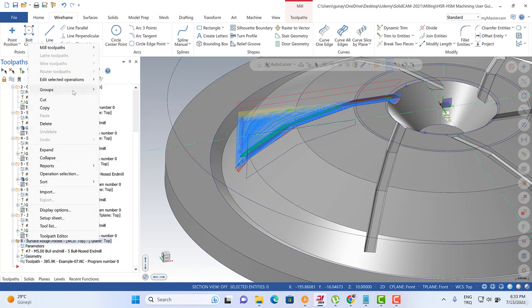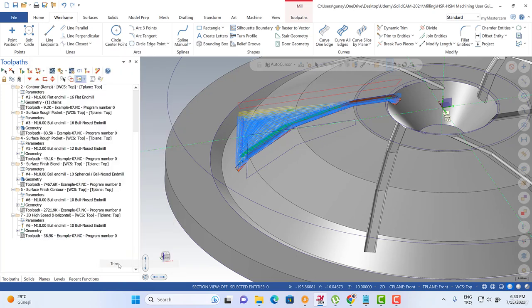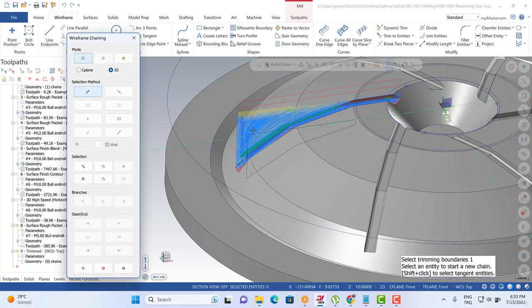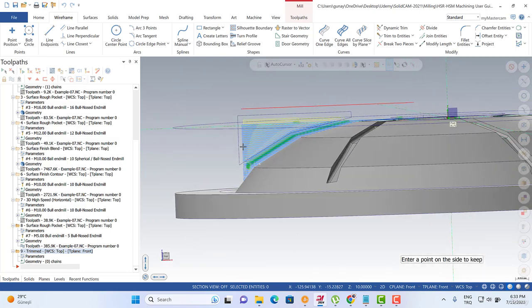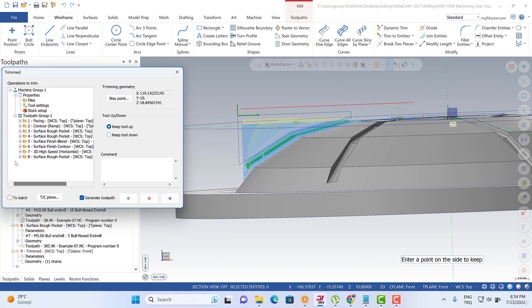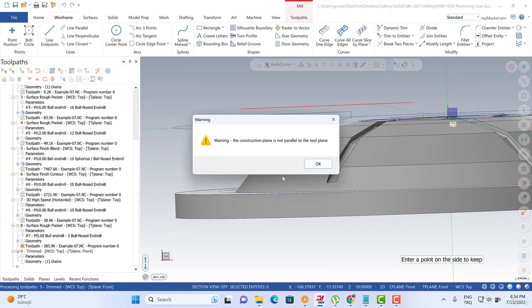For this part, Mill toolpath and the Trim toolpath, and after that we need to select our profile, and then we need to click and choose which side we should keep here. I just need to hit this one and we can select our toolpath, and then I just need to hit the OK button. You can see that